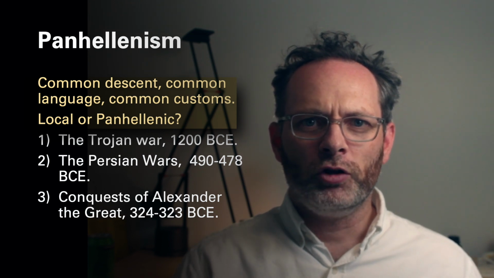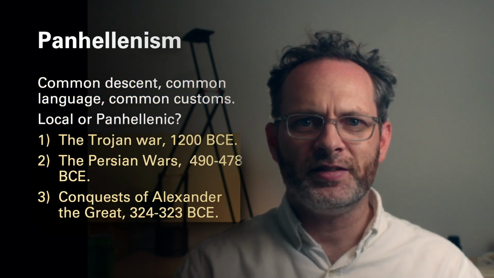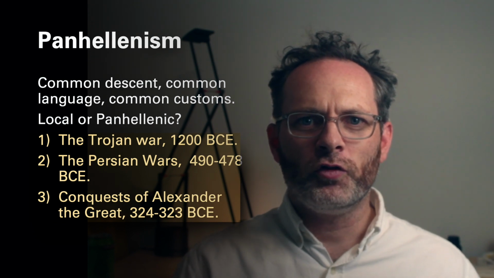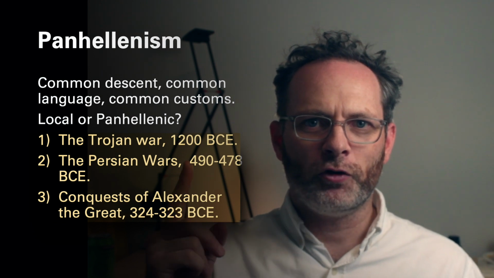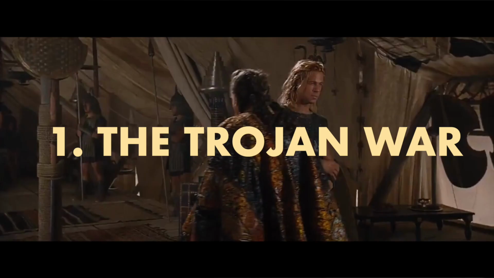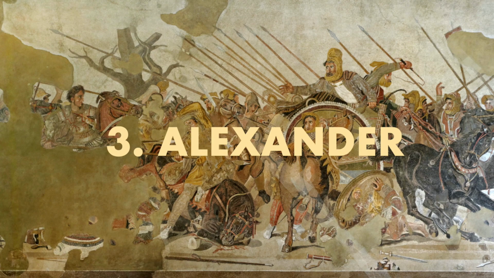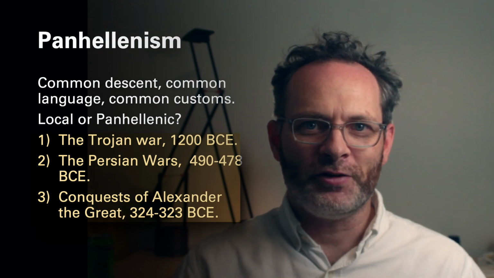In fact, throughout all of history, there were really only 3 periods of widespread unity among the Greeks that stand out in the course of Greek history. These would have been periods where the Greeks overcame ethnic divisions and cultural differences to unite as one. We have first, the Trojan War, which is around 1200 BCE, 2, the Persian invasion from 480 to 478 BCE, and 3, Alexander's conquest of the Persian Empire from around 334 to 323 BCE. Of course, recall that the first of these was actually a legend rather than truly historical.